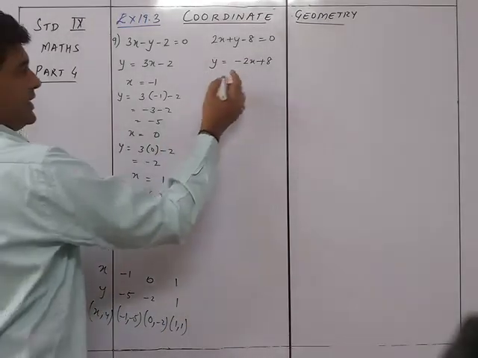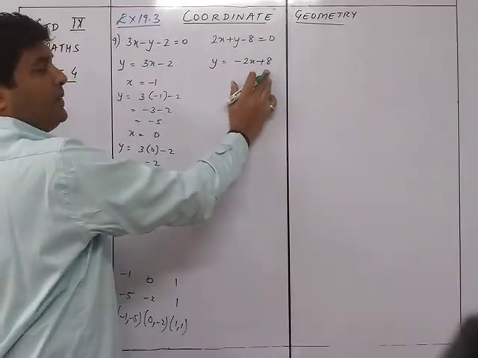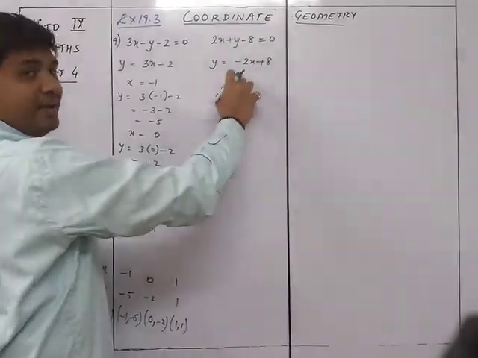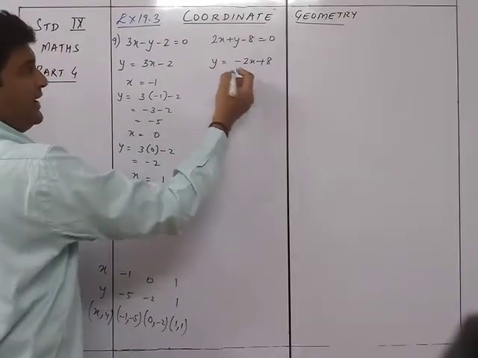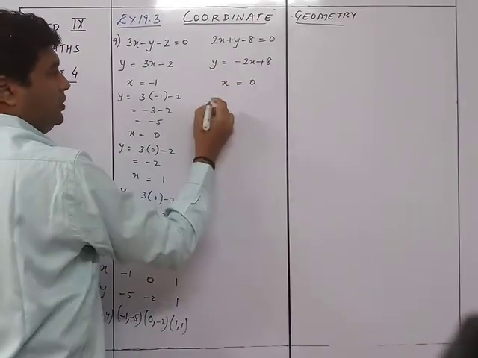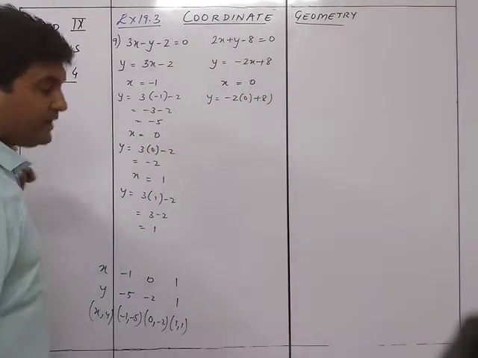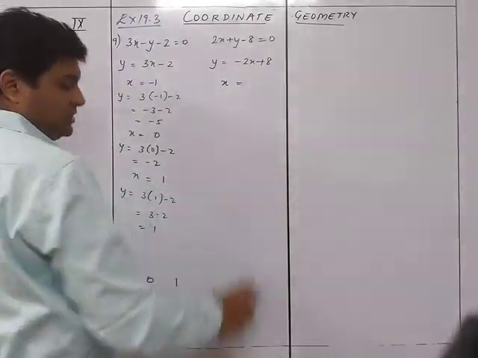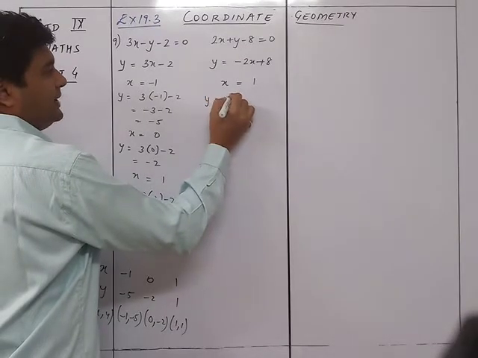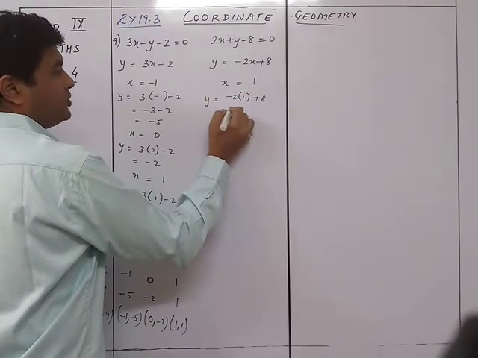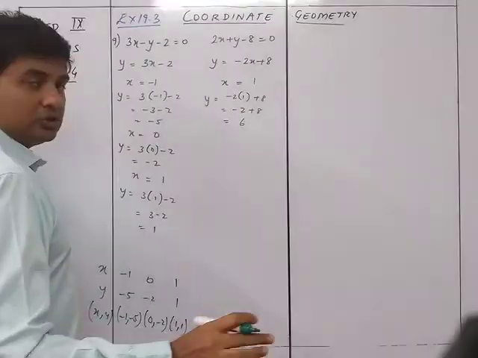Now we see these ones, again the same thing. Now you can see over here, this is a positive 8. Now 8 being a very big number, I'll try to make this as small as possible. So I'll take positive numbers. So I'll take the first one to be 0. So x is equals to 0, so y is equals to minus 2 into 0 plus 8, so it will be still 8. So I don't want to take 8. So I'll take it as 1. So y is equals to minus 2 into 1 plus 8, is equals to minus 2 plus 8, is equals to 6. Okay, 6 is quite possible to plot, so we'll keep it this way.